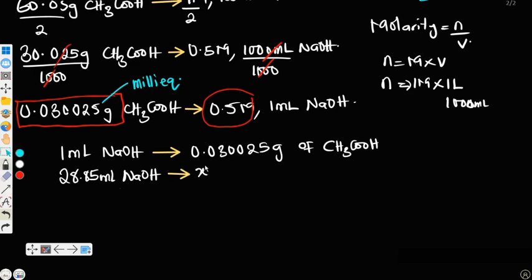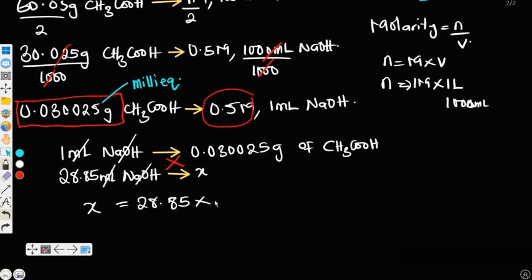X, right? And then at this point, you can what? Cross multiply. This multiplied by this will give us X. Ml can cancel what? Ml. Are you getting it now? Sodium hydroxide can cancel what? Sodium hydroxide. So X will be equals to